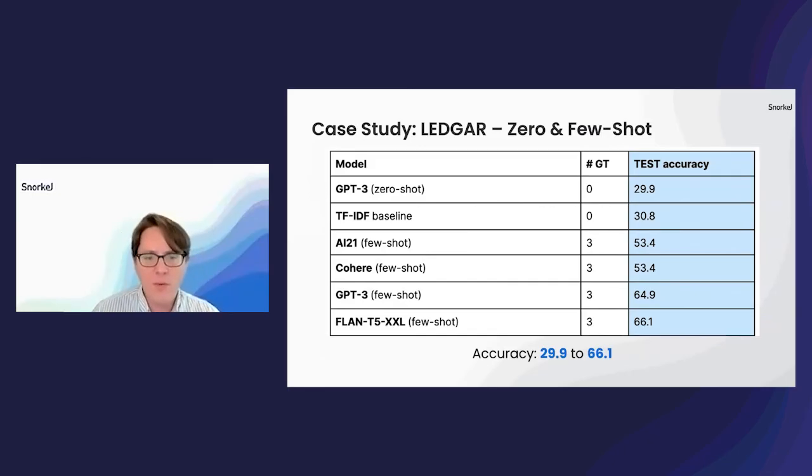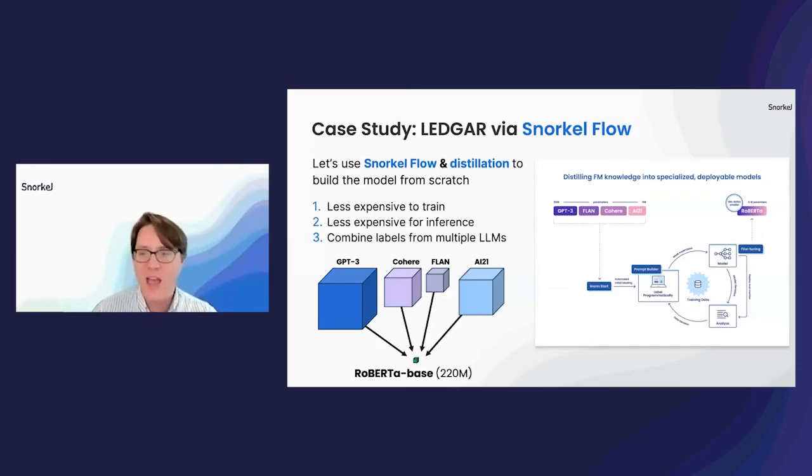And this includes open source models and models from Cohere. And so we were interested, instead of distilling from a single model, could we use Snorkel Flow to leverage the best of all of these large language models, to synthesize distilled output from multiple sources and combine all of these models to distill down to a Roberta-based model, which is exactly 228 million parameters, and look at the cost trade-offs of training that model versus training the GPT-3